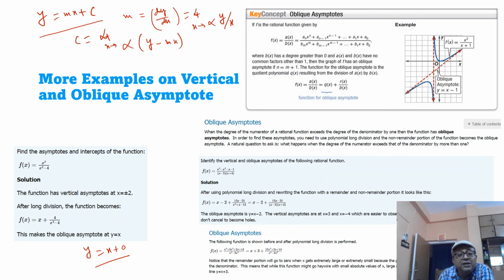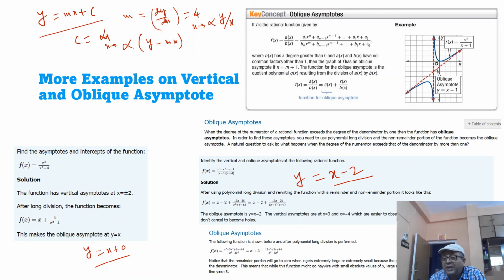For this example, when you divide the numerator x cube minus x square minus x minus 1 by (x minus 3) into (x plus 4), the quotient is x minus 2. Whatever remainder is there, the oblique asymptote is going to be y equal to the quotient part, that is x minus 2. Okay, so while finding it I have discussed another example. Whenever you are finding an oblique asymptote, the first method is you just go for long division. Comparing y to the quotient will give you the equation of the oblique asymptote.